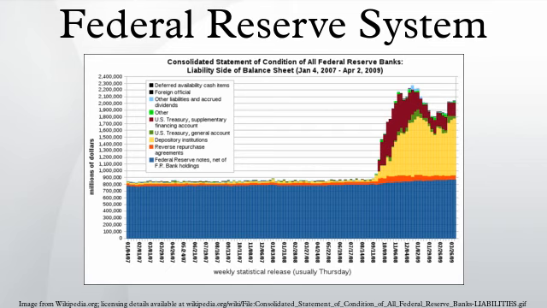Inflation and the economy. There are two types of inflation that are closely tied to each other. Monetary inflation is an increase in the money supply. Price inflation is a sustained increase in the general level of prices, which is equivalent to a decline in the value or purchasing power of money.